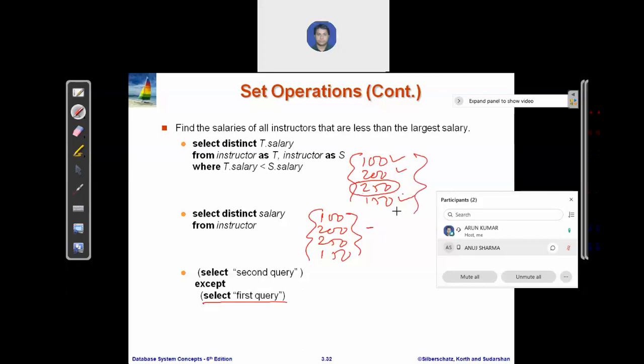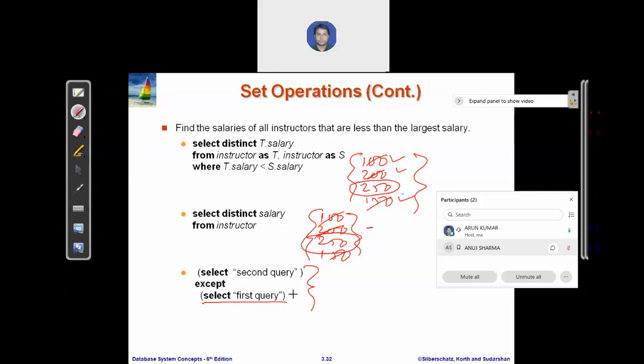After applying the set difference operation, the same values cancel out. 100 is present in both, so it cancels out. 200 cancels out, 150 cancels out. What do you get? Only 250. This query gives you the highest salary present in your table.